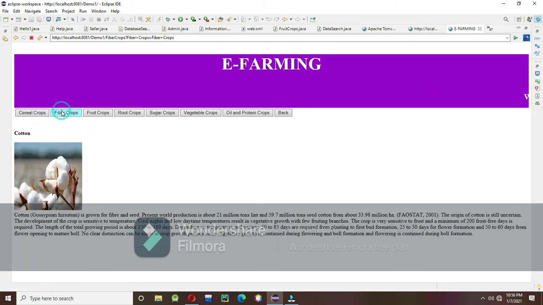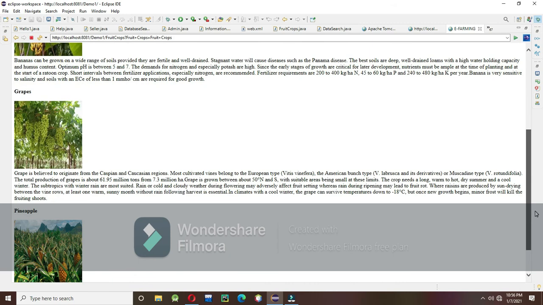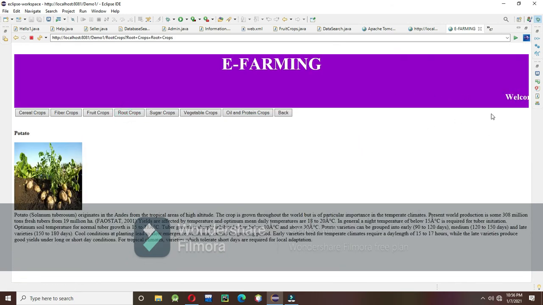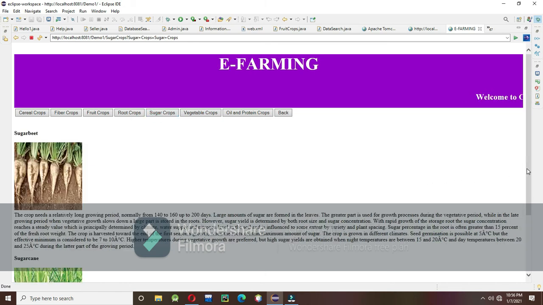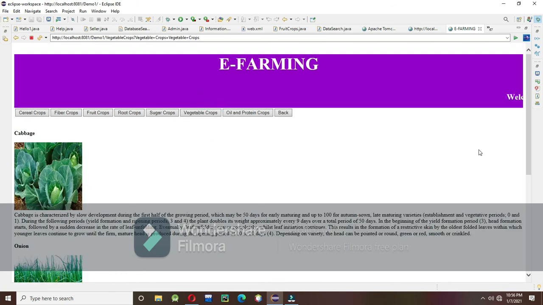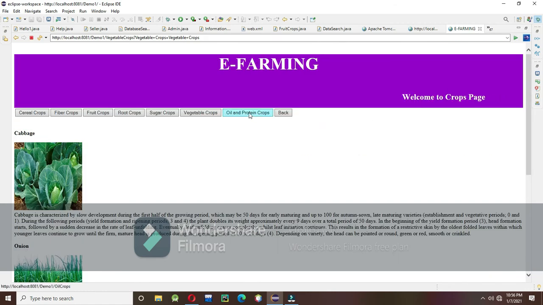In the fiber crops, the different types of fiber crops information is present. In fruit crops, the information related to different fruit crops is present. In this way, the different types of crops information is present in the crops page.